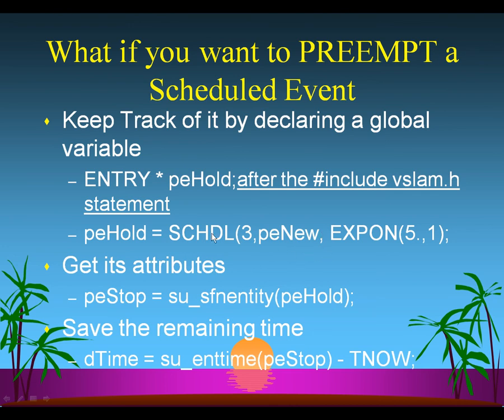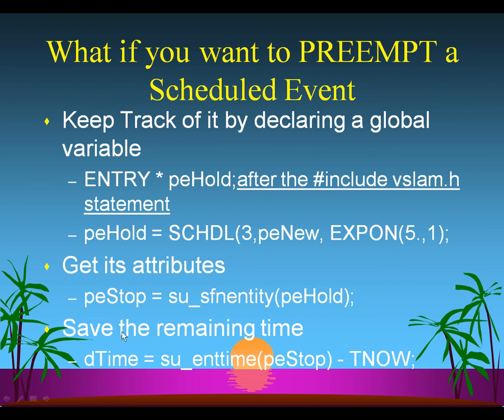So we schedule it. Then we can get its attributes by going through this SFN entity function. This takes the entry pointer and returns the entity pointer. The entity pointer is what we need to get to the attributes. So we can access the entity that's been scheduled using the entry pointer and store its entity pointer in PEStop,